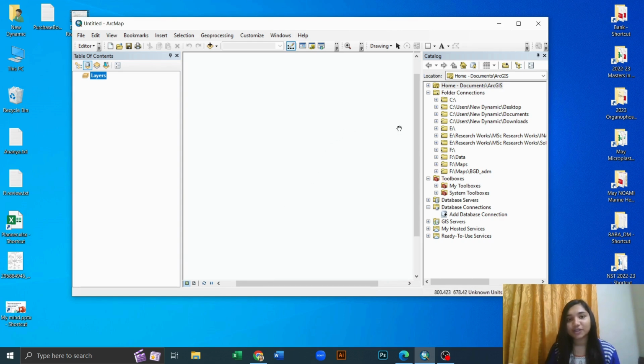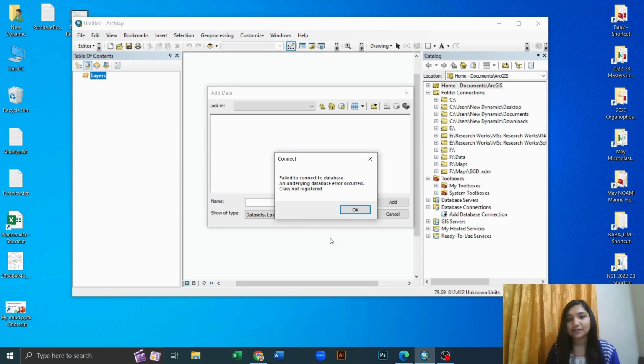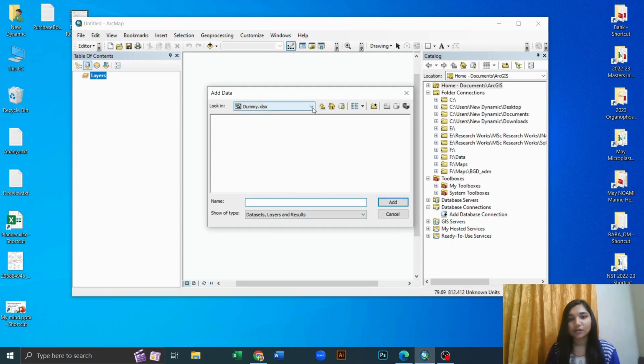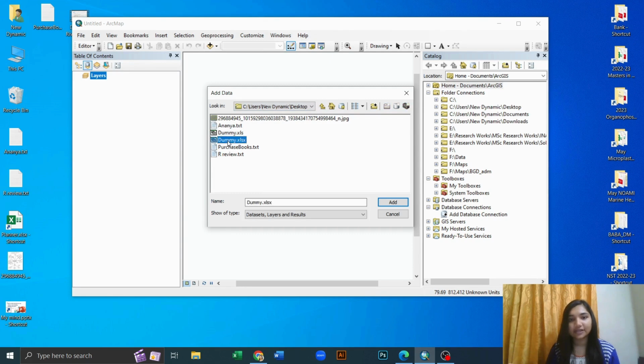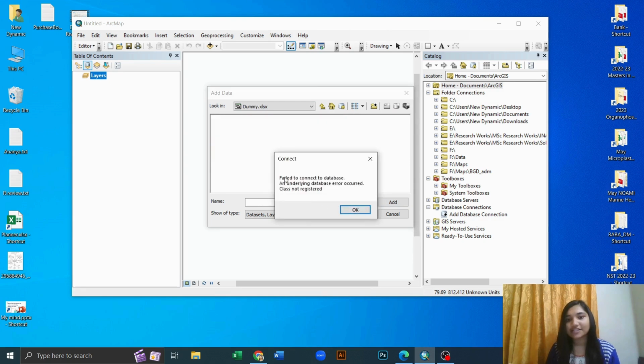In this tutorial, I am going to show you how you can easily import Excel data into ArcGIS Desktop. As usual, we know we have to click on Add Data, then we have to select the data file. I'm clicking on my data and here we can see